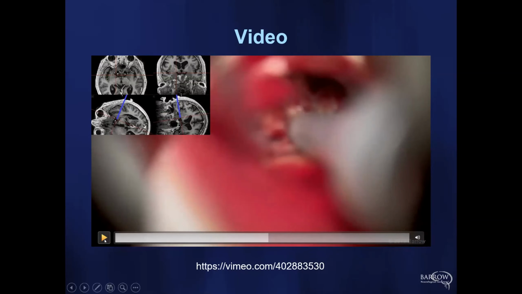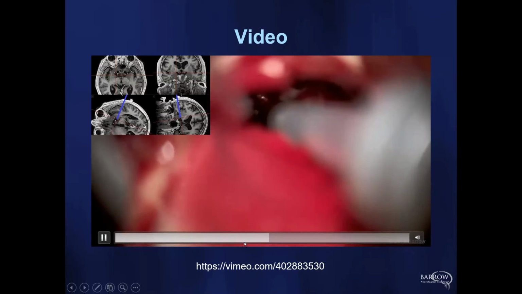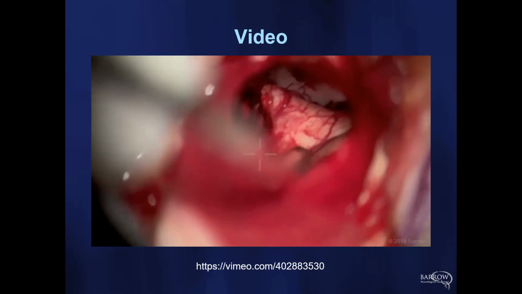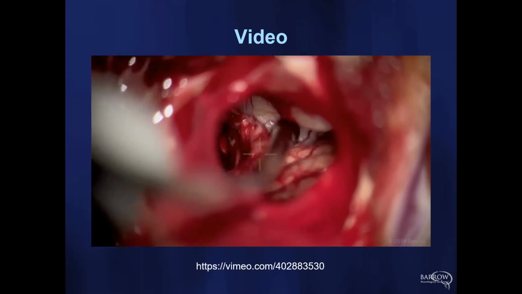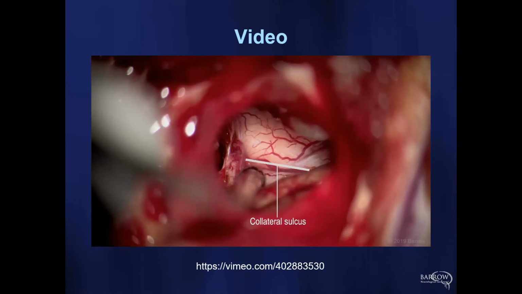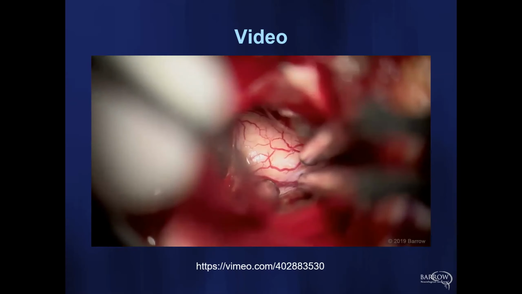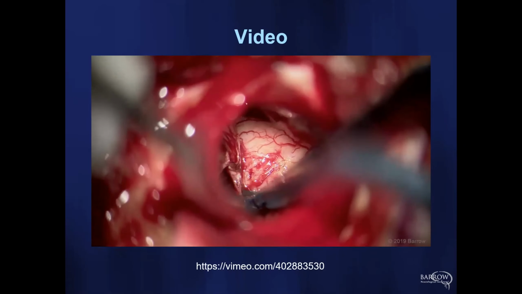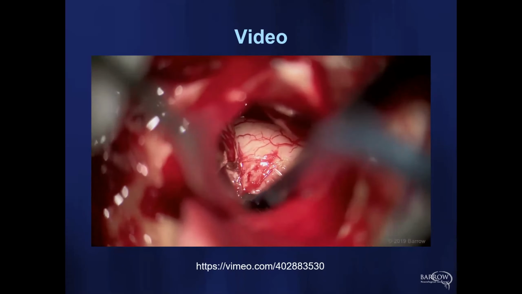And let's see, get that going. But it really helps you to know where you are on an anterior and posterior plane, but don't worry about the depth. This is really important because it shows the collateral sulcus. So I open the pia just past it and then come back up and under.